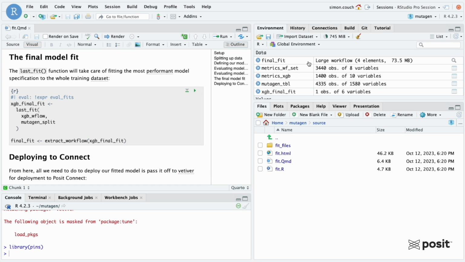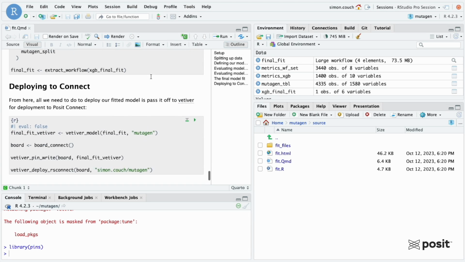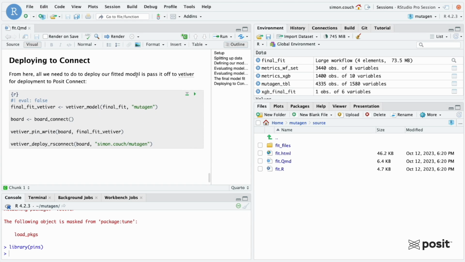So you can see up here in my environment, I went ahead and loaded in the output of final fit from file. Normally in my workflow, I would go ahead and train the model here on Workbench. And since I've done so already, I already have the output of that from here. And instead we're going to move right on to that last step, step 3, which is getting that trained model into the hands of the people that are going to use it.